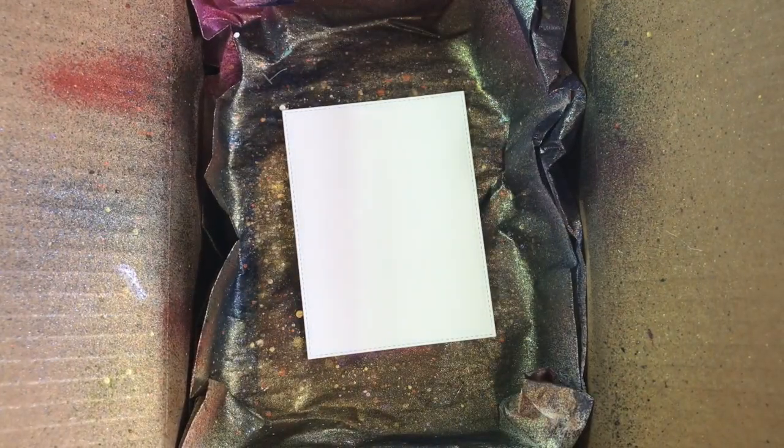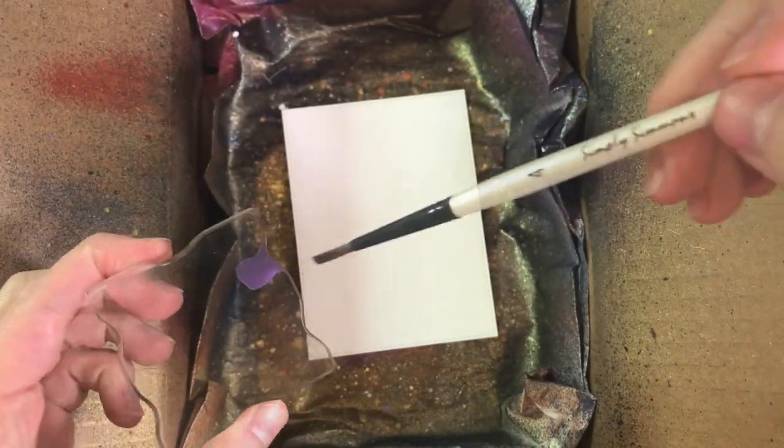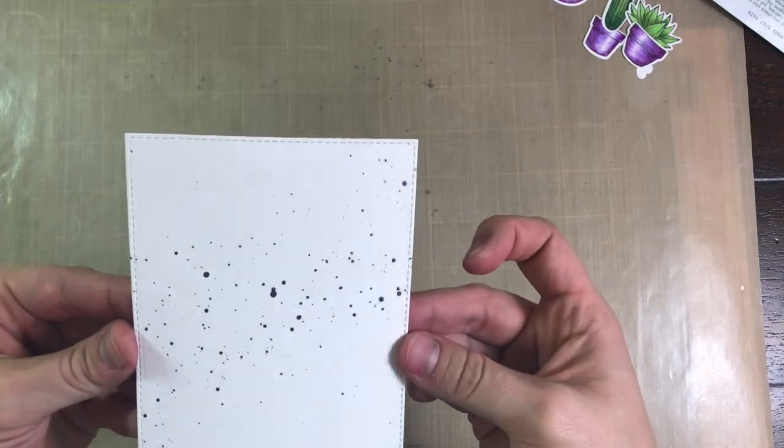So I am grabbing my Fine Tec Pearlescent Watercolors in the amethyst color there, spritzing some water in it to activate it. I did a video on those just a little while ago. And now that I've done some splatters, it has a nice shine, and I set that off to the side